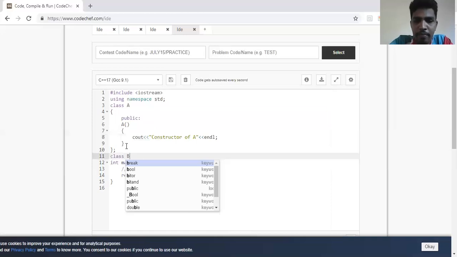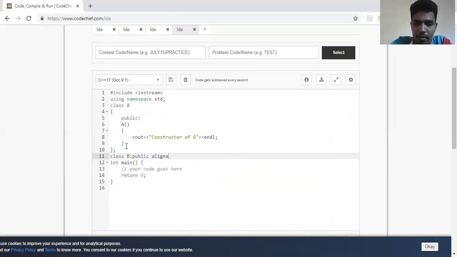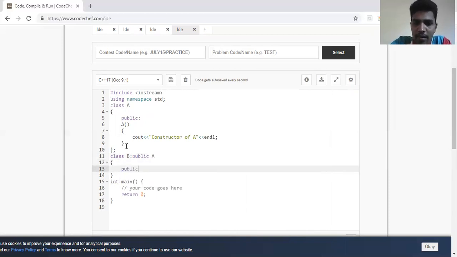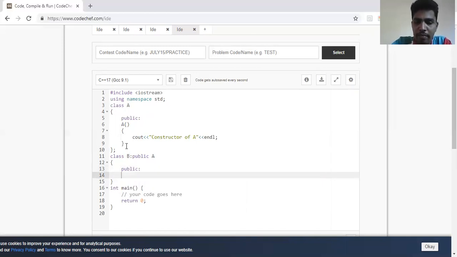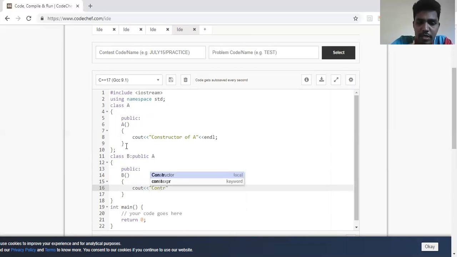I'll write it as B, which inherits public A. And here also in the public section, we'll have a default constructor, B, which does not have any other statements or data members, just the constructor name. I'll write constructor of class B, and let me give an endl so that it comes to the next line automatically.